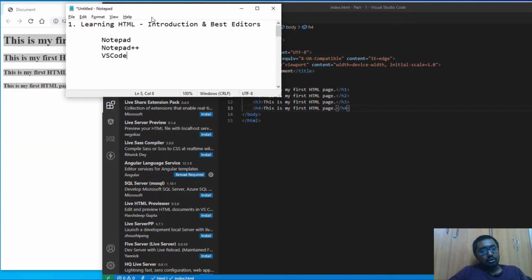Notepad is for basic beginners, Notepad++ is for intermediate, and VS Code is for advanced level. So these are the 3 basic editors.